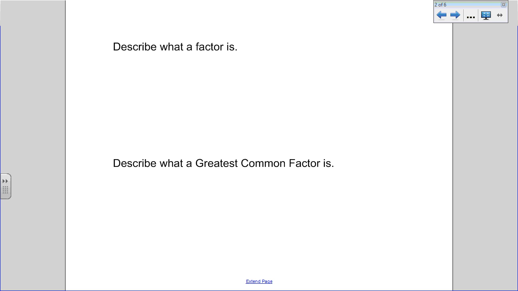Did anyone hear the key word he just said there? I thought you didn't know the definition. Factors, and then he also said that they go into. What word would we use for going into? What math word would we use? Input. Not input. Chandler? Multiplication. Not multiplication. What's the opposite of multiplication? Divide. Division. They are numbers